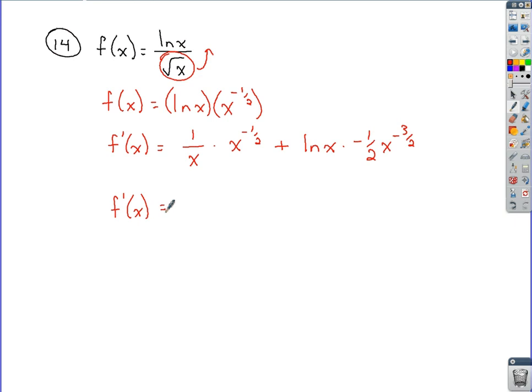As we clean it up with all the negative exponents, make sure you're taking note of how these negative exponents are grouped. I've got a negative exponent grouped with this 1 over x. I've got a negative exponent group with all this stuff here. Those are separate ideas, so I should treat them as separate fractions for the time being. If I set up new fractions down here,